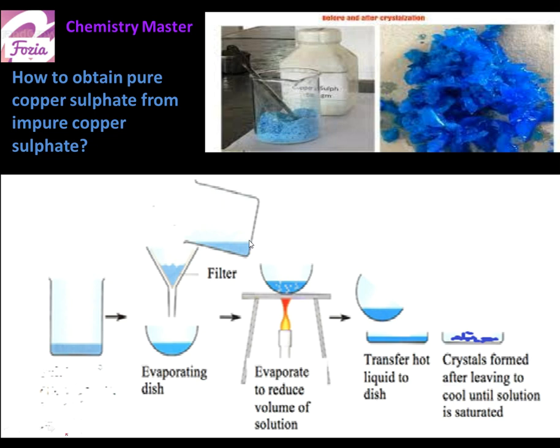For example, this question is frequently asked. I have taken this from the textbook. How can we obtain pure copper sulfate crystals by crystallization? So whenever you are asked about crystallization, this is one very easy example, and you will learn the steps of how you obtain pure copper sulfate from an impure one. This step involves first solution making. So you will be dissolving the impure copper sulfate crystals in